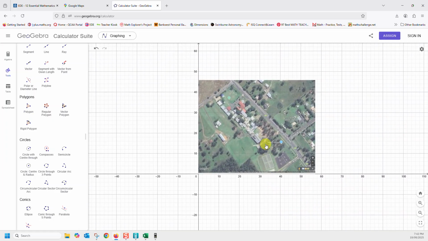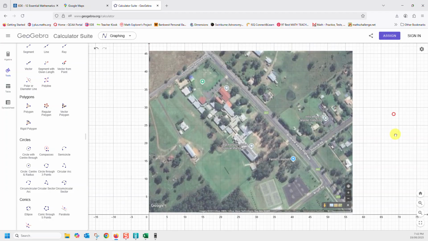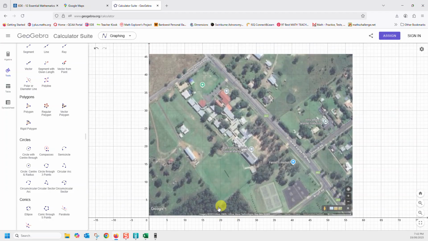And I'll recenter my image, and this time I won't worry about zooming. I'll just try to click the corners as best I can from the view I'm seeing here. Alright, I select the polygon tool again. I'll start from that corner. Now I won't try to zoom in or out. The fence line runs along here